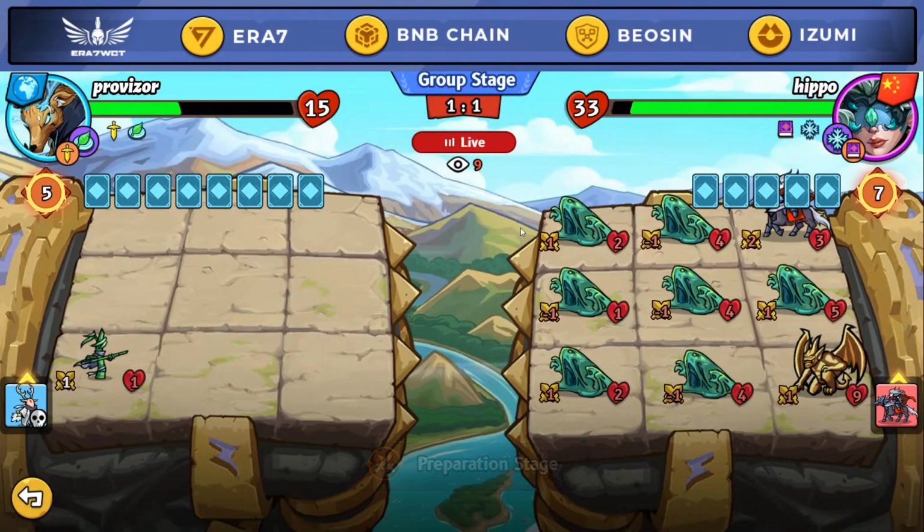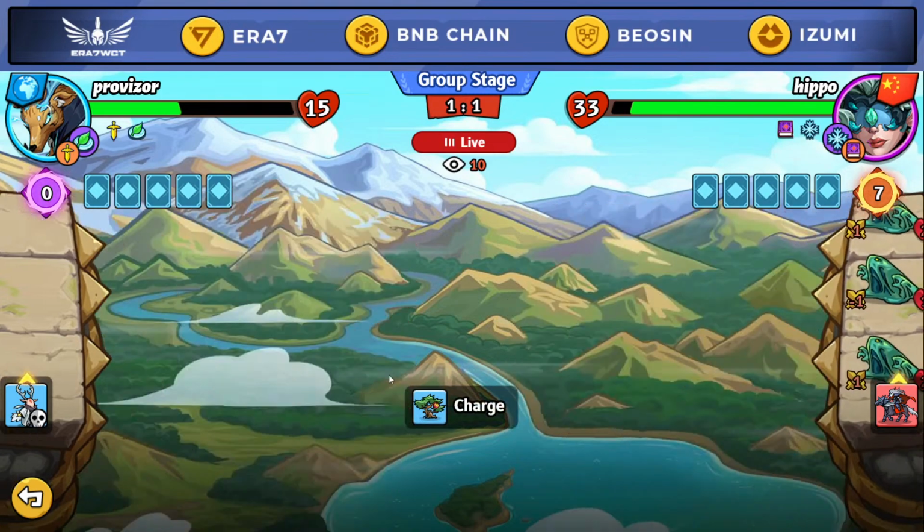Now, I would say it's a little bit awkward for Hippo because no cards can be played. The boards are being filled up. Some of the slimes are -1 attack, so maybe there's a chance for Provisor to come back here. There is a 3 damage top row and 1 damage mid row, so that's only 4 damage. And 2 damage bottom row, but the Bamboo Guard still has 1 HP, so technically there's only 1 damage that